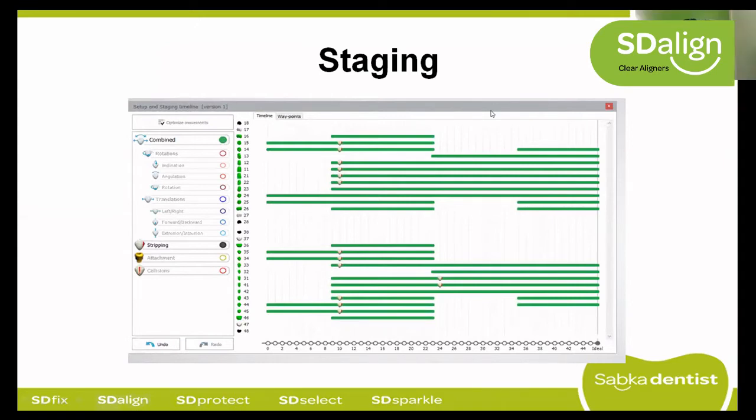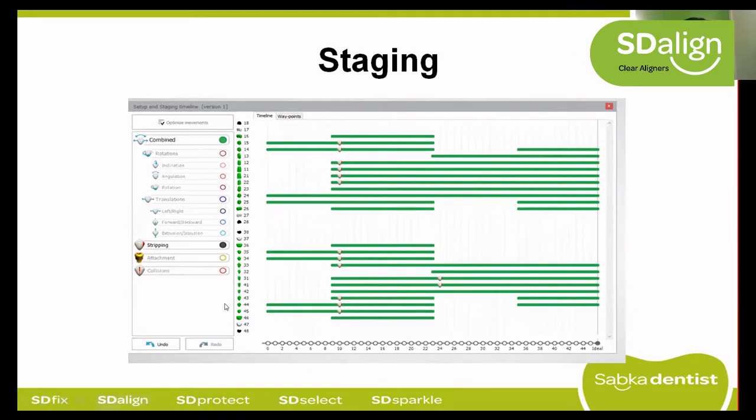So what I'm trying to show with this staging data is that from 0 to 8, you can see we have only done premolar expansion. From 8 to 22, we are mainly moving the anterior teeth. Then again, we are trying to move the canine exclusively from 24 to 34. If you can see from the 24th set, the bottom row is the aligner stage and the left hand side row is the tooth number.